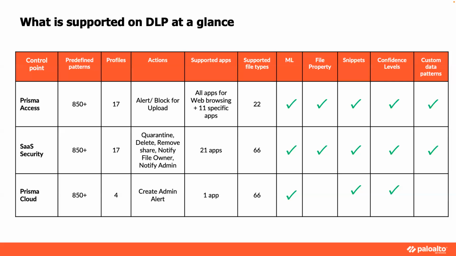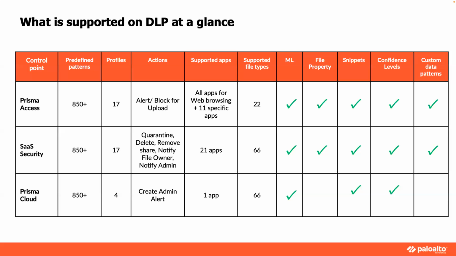Maybe what my bank uses as a bank account number is different from what your bank uses as a bank account number. Maybe mine's 9 digits and yours is 7 digits. We can create custom patterns to define these sort of things. So we can define these patterns,